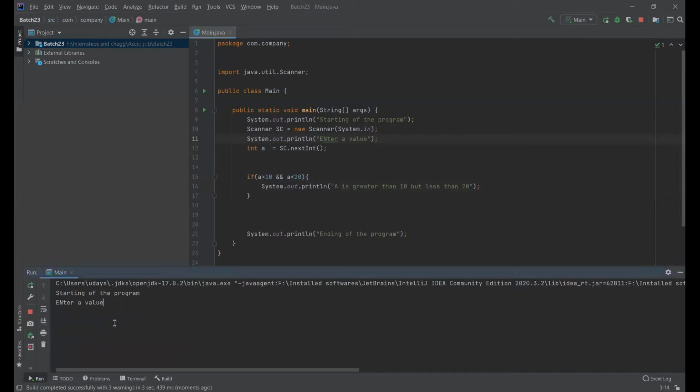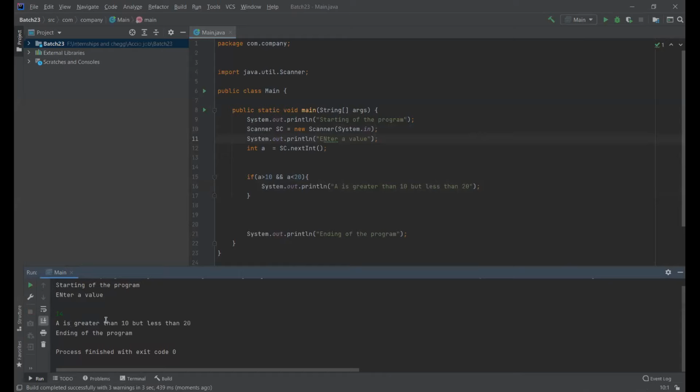So let me enter a value that is 14. You can see that a is greater than 10 but less than 20. Even if one of the statements is true, like if a equals 5, that will satisfy the second statement but give a false value for the first. But both statements need to be true. That is only possible for the values 11, 12, 13, 14, 15, 16, 17, 18, 19. Only for these values